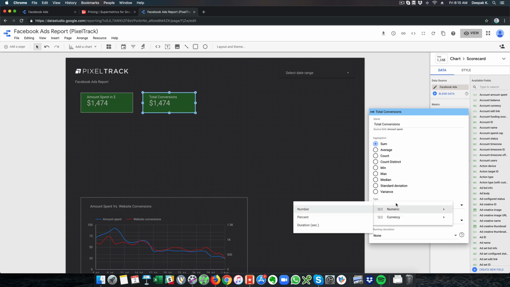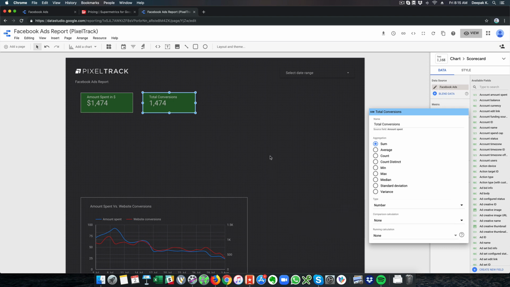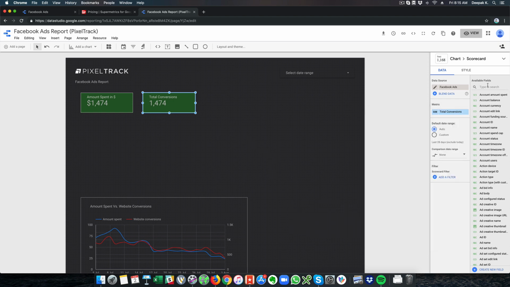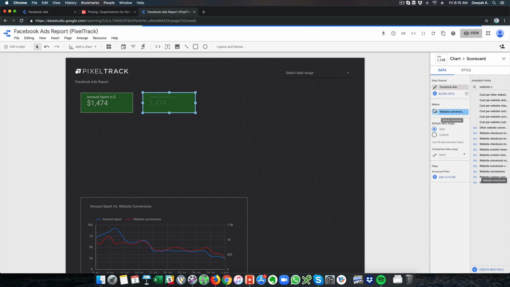I will change it to number because it's a number, and here I have to go and select website conversions. So here we have website conversion data, drag it and put it inside metric. Obviously you can put only one metric here.